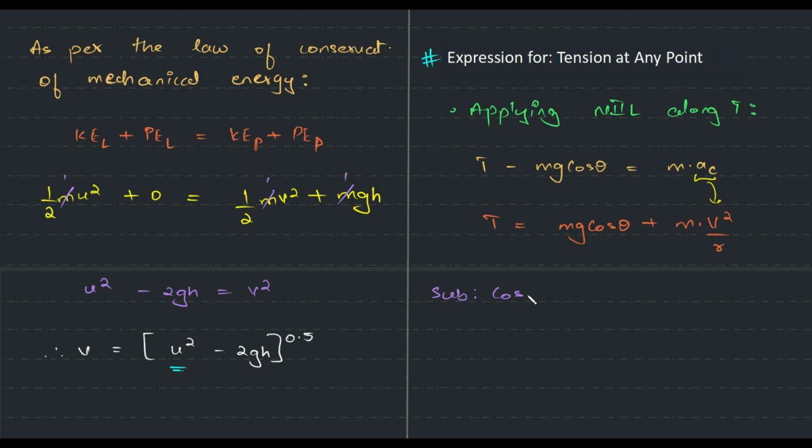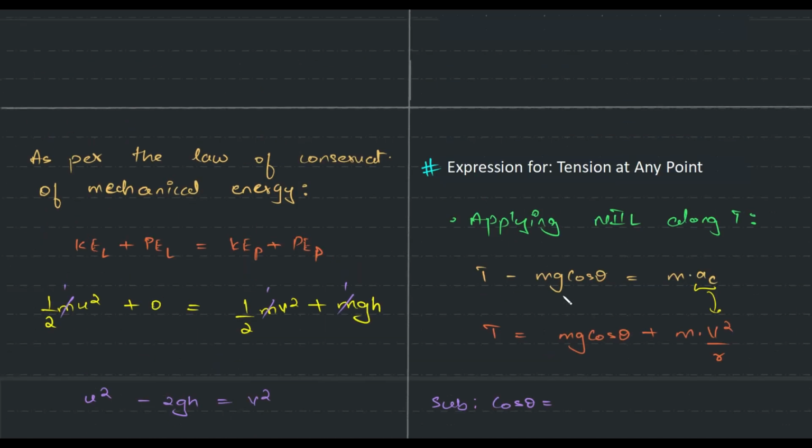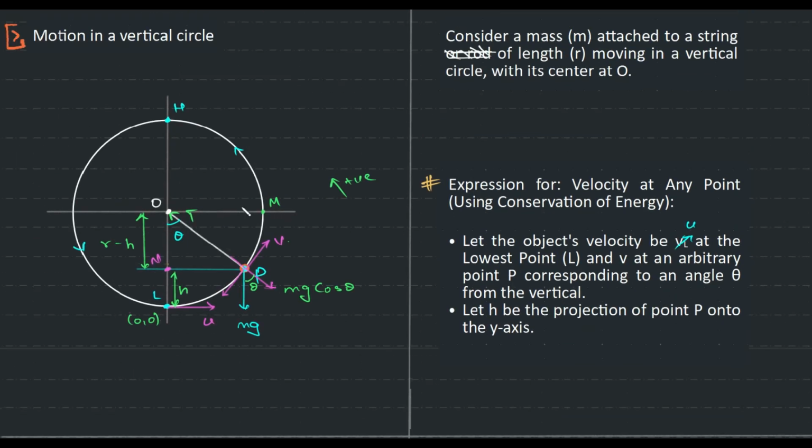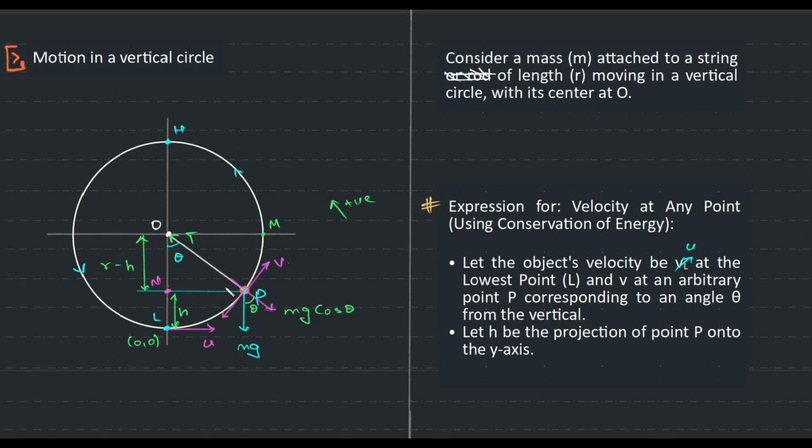We need to substitute cos theta. You know what cos theta is? Cos theta is adjacent by hypotenuse. So considering triangle ONP, cos will be r minus h divided by,